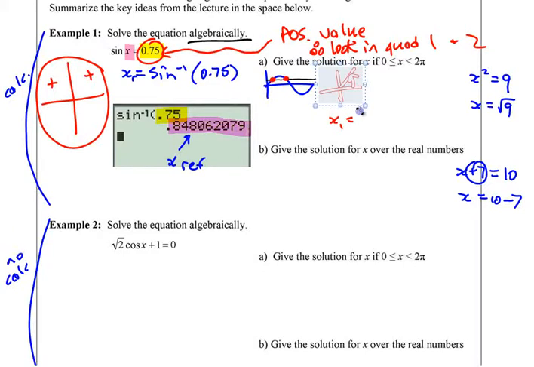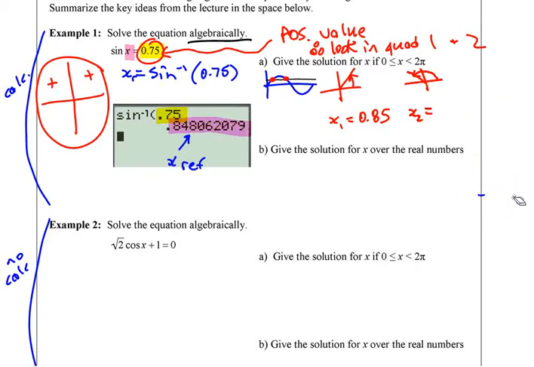Okay, one of them's going to be quadrant 1, so it's going to be that value itself, 0.85 if I'm doing 2 decimal places. If you want the other one, it's going to be in quadrant 2, right over there, right? How do I find that one? Yeah, subtract it from pi, right? The way you find it indirectly is you go all the way around to there, pi minus that. All right? Subtract it from pi, so